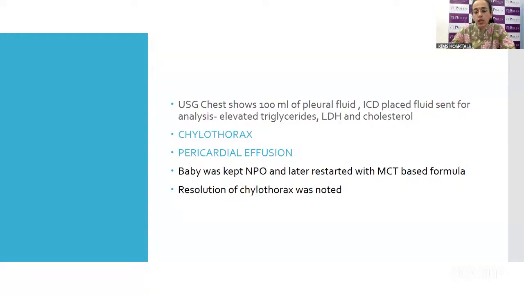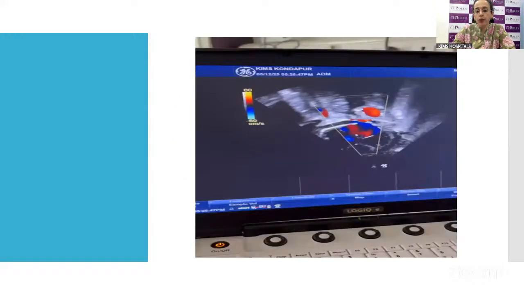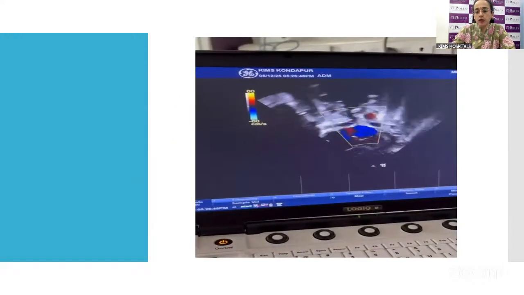So then the baby was kept NPO and later restarted on MCT based formula, which helps in cases of chylothorax. Slowly the baby had a resolution of the chylothorax, and the baby could be extubated again and brought back to the room. So this is the video of the